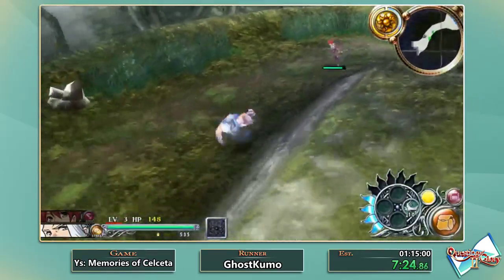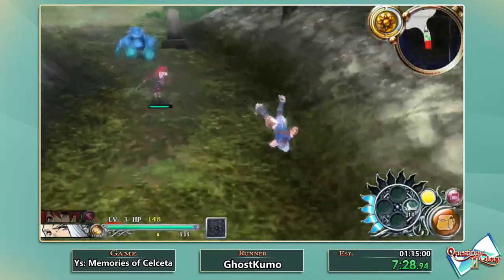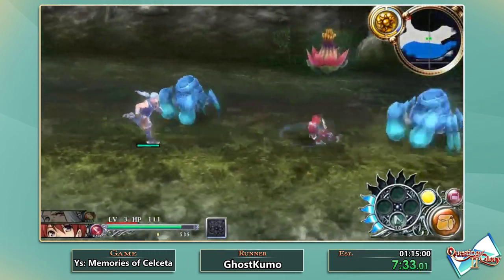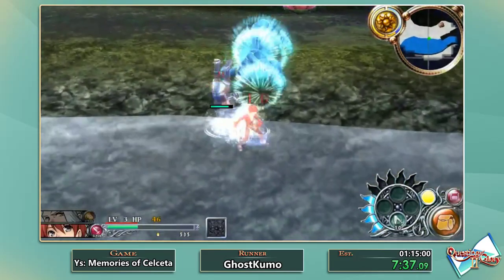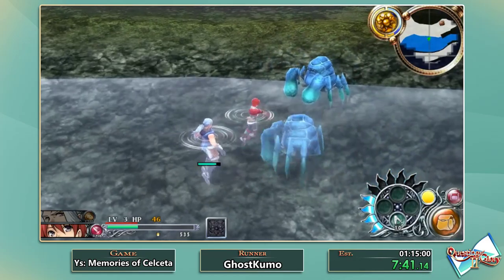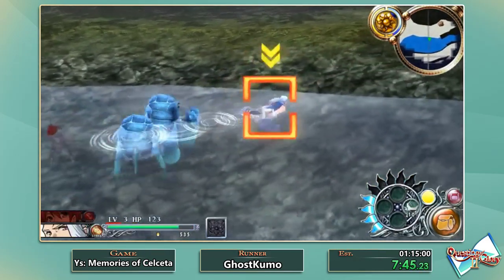So here's where the first glitch of the game is going to come up. I picked up an item called a Rotodroplet in the last dungeon, right before I fought the boss. What a Rotodroplet does is it's a Phoenix Down, basically. And so I'm going to deliberately take a death while Adol is in the water, because when I respawn